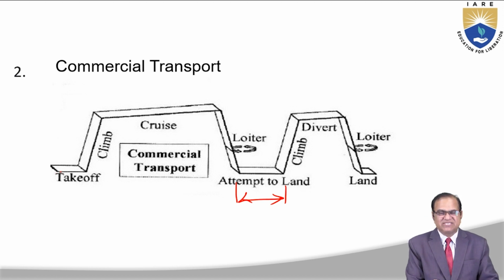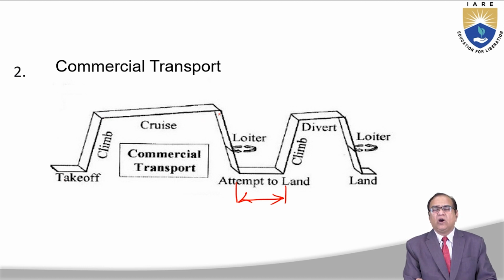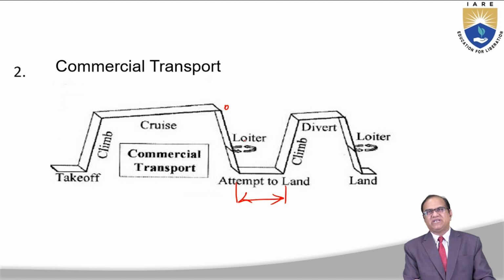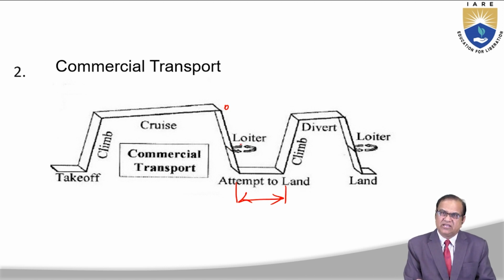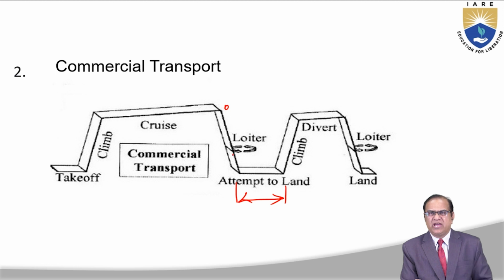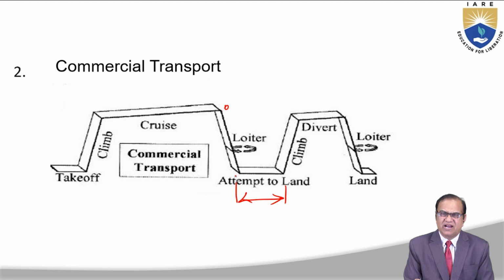So here, first is the takeoff. It will take off on the runway, then it will climb. After climbing, it will cruise. When it reaches the first destination, it will start descending. After reaching a certain height, the pilot will ask permission to land, and if it is not permitted, ATC will give you the loiter zone. You start circling your aircraft there. As and when you get permission to land, it will come in the direction of the runway